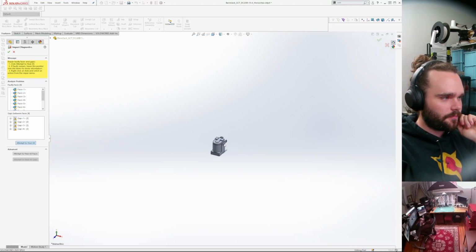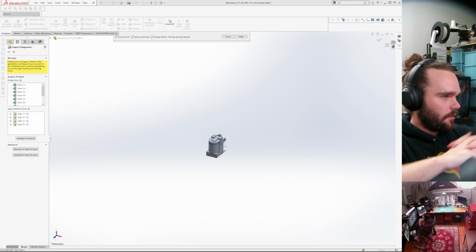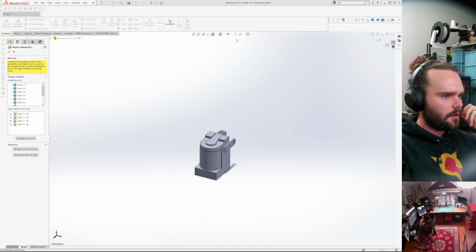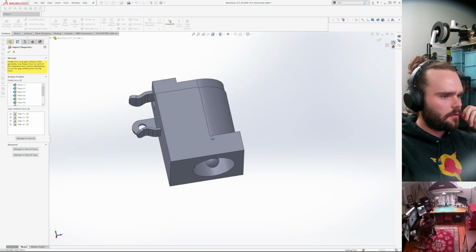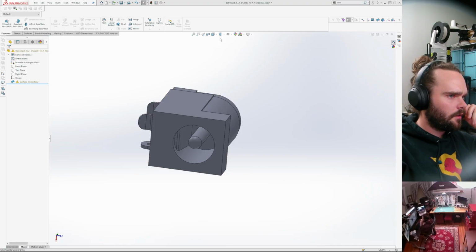Okay. Yeah, so I don't need this model to be totally perfect. I just want to be able to slice and 3D print it, if I'm being honest.